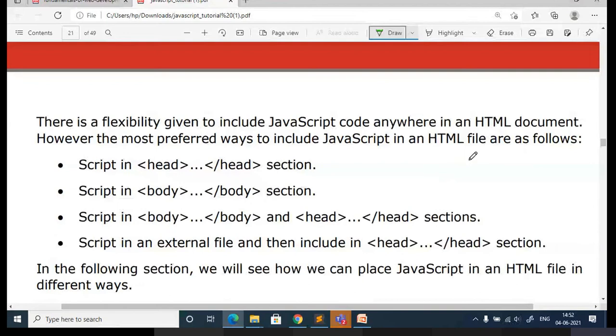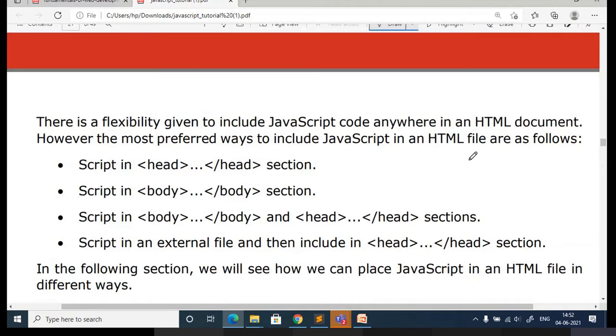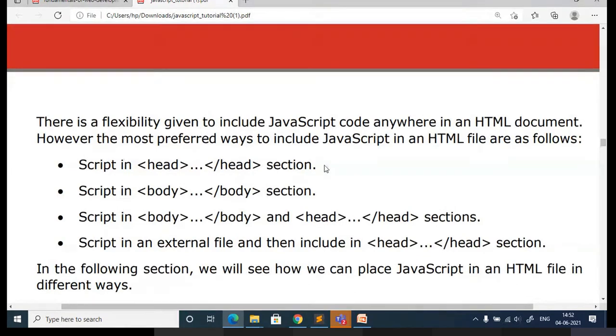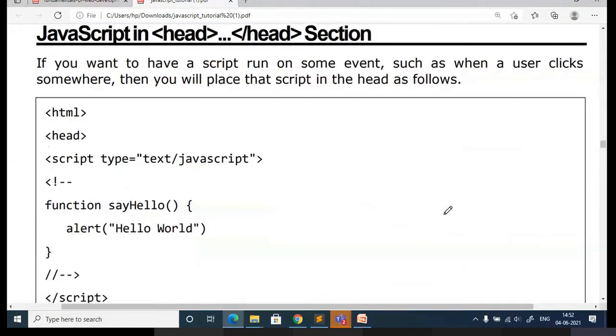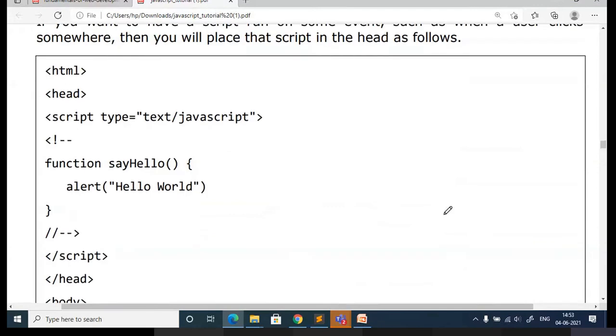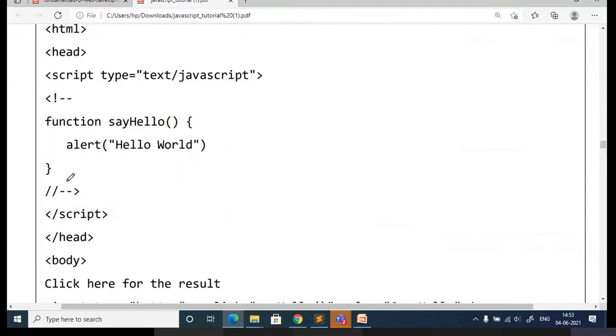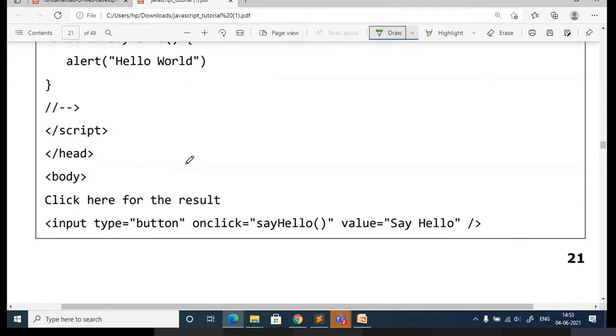Where does the script tag go? Yesterday I told, the script tag can go either in the head section or the body, or sometimes after the body also. If you write a script tag, it is still going to get executed. It's not that you have to write it in the head section. It can be anywhere within the HTML page. So this is an example.